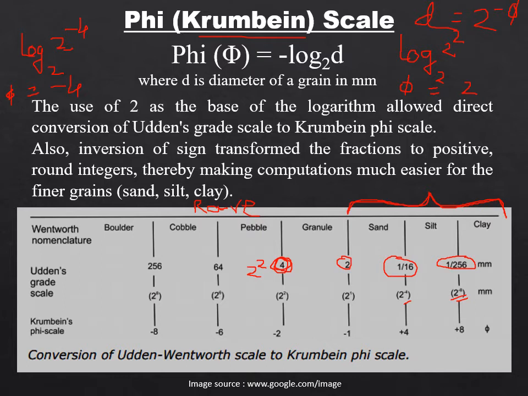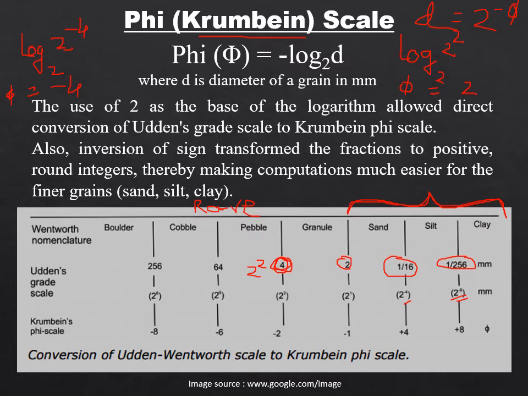That is the grain size diameter. So in this way, when there was less availability of calculators and computers, and mathematical calculation was simply done by hand, the fractional values of the Udden-Wentworth grade scale, which are expressed as multiples of 2, were converted into Krumbein's phi scale as whole numbers, so that